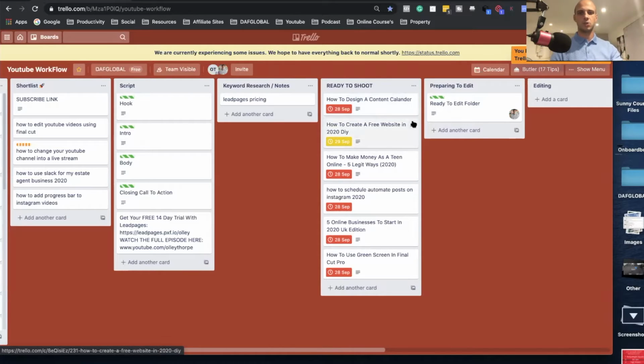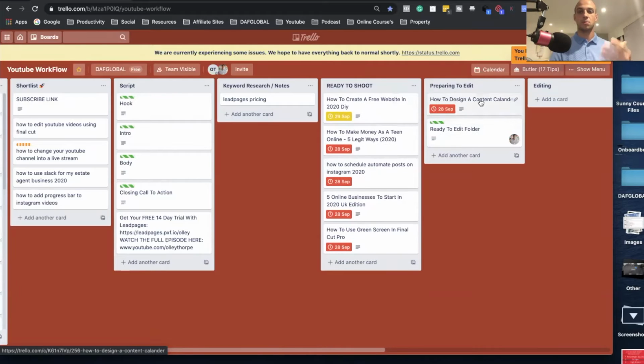And then obviously once you've recorded the videos, you can put them into preparing to edit. And the reason I like to use Trello is because you always think of the next step. Okay, so I've got my video editor in here, so I know that if there's a specific video I need him to edit, then I can simply just tag him into the Trello card, and he's going to know everything about this video. He's literally going to have the script in front of him. He's going to have the video file that I send to him, and he's going to know that that's the video that needs editing, right?